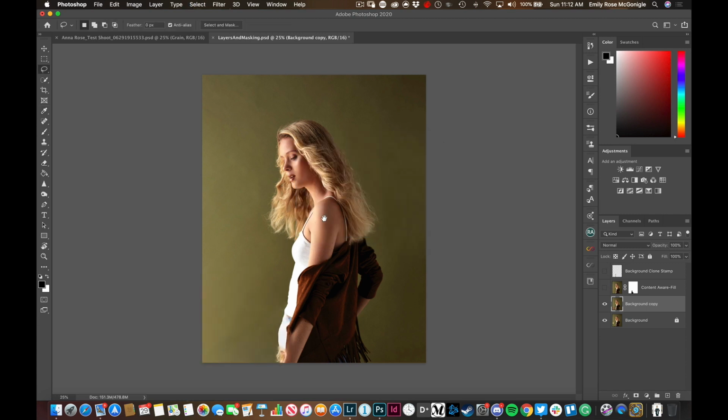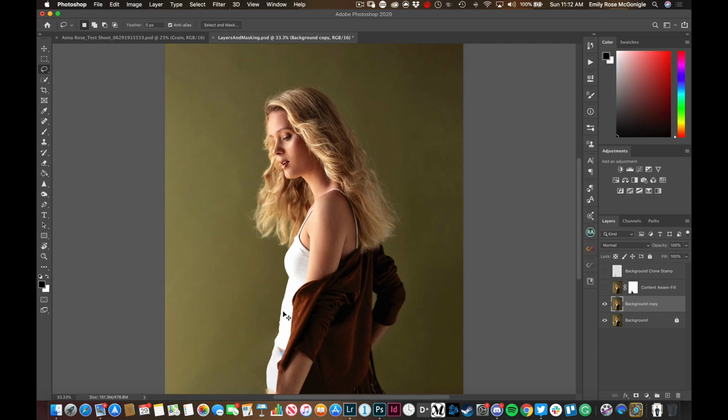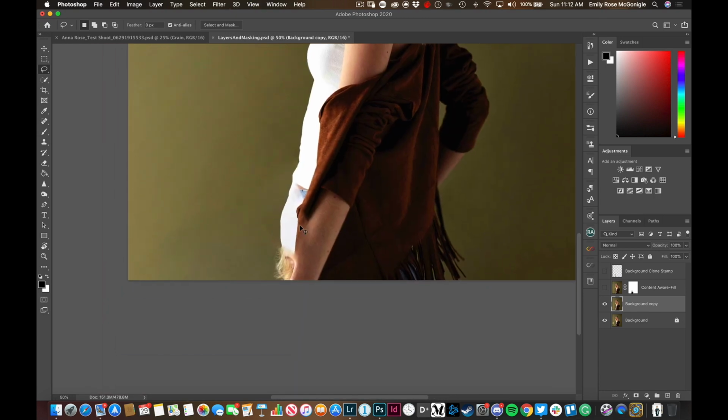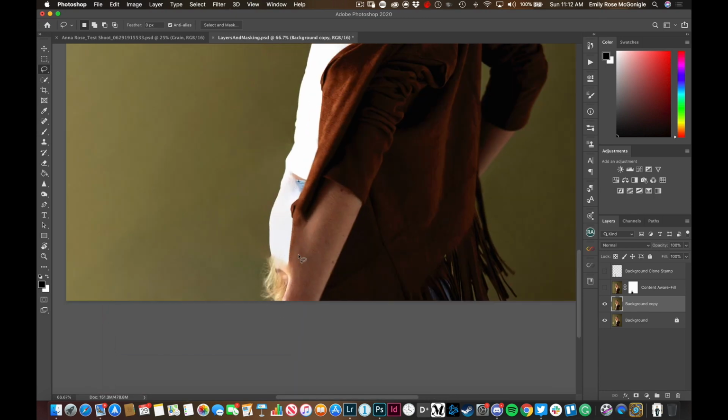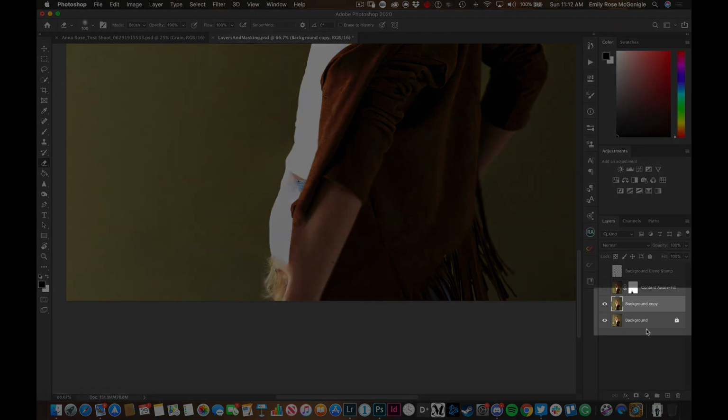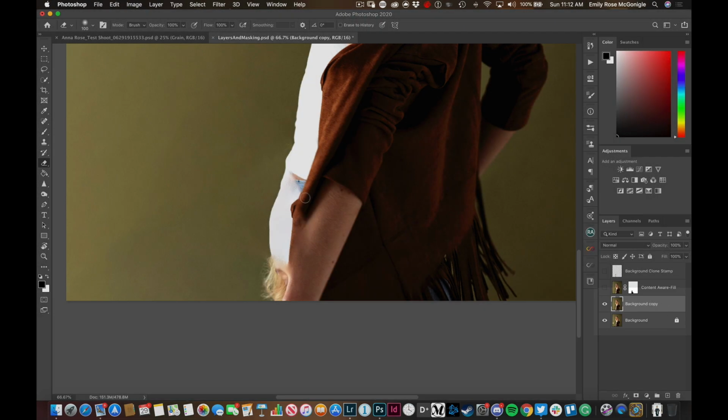Okay, so we've got this happening here. Now, let's say, okay, well, this is terrible. We don't want this happening. Just like last time, content aware fill kind of messed up around her waistline. So let's say I take my eraser brush instead of a mask, and I'm working on this same layer that I just made. And I start to erase to reveal the layer underneath, which you think would be